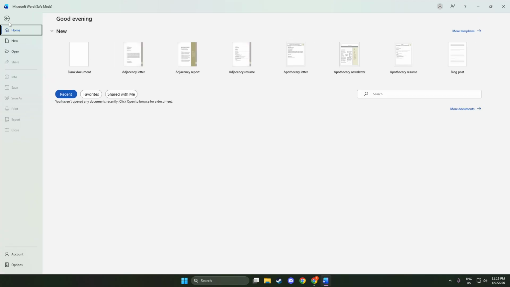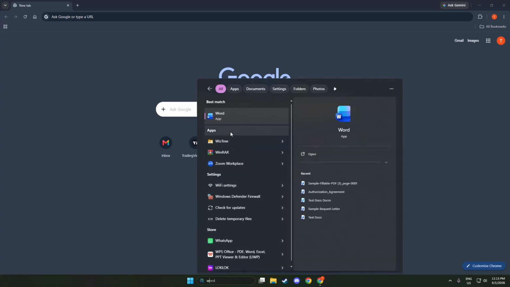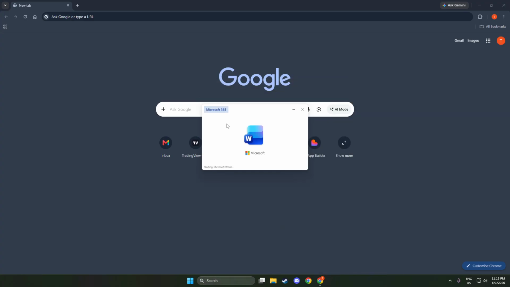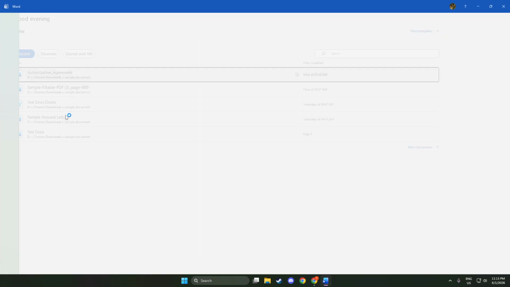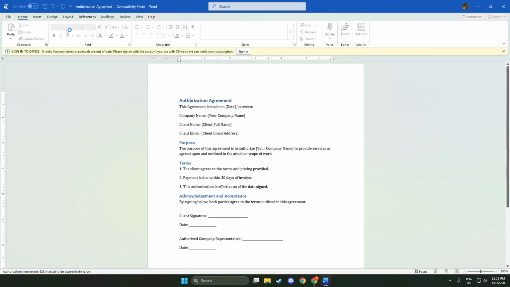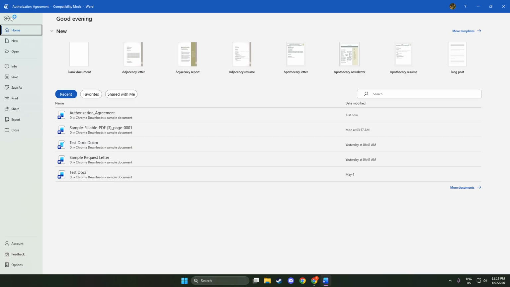If Word works in safe mode, the next step is to disable the add-ins. Open Word normally if you can, then go to File, then Options, and then select Add-ins. Near the bottom of that window, you'll see a section labeled Manage. Make sure COM add-ins is selected there and then click Go. A list of add-ins will appear. Uncheck all of them. This temporarily disables every COM add-in so you can test Word without any of them interfering.